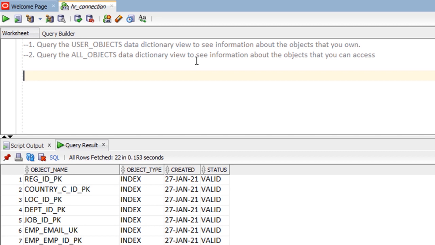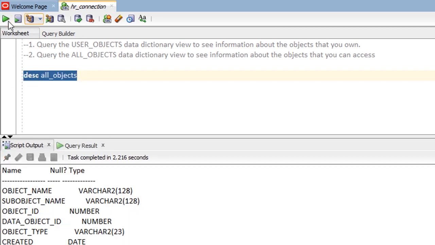In the second practice, query the ALL_OBJECTS data dictionary view to see information about the objects that you can access. The difference between USER_OBJECTS and ALL_OBJECTS: in USER_OBJECTS, you can get only the objects that you own, meaning you are the owner of these objects. With ALL_OBJECTS, you can retrieve information about all objects that you own, plus the objects that you have permissions to access. If you describe the ALL_OBJECTS data dictionary view and click run,